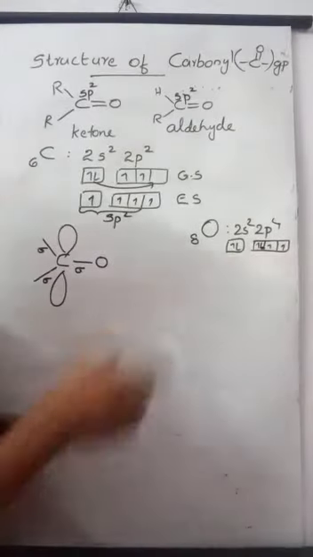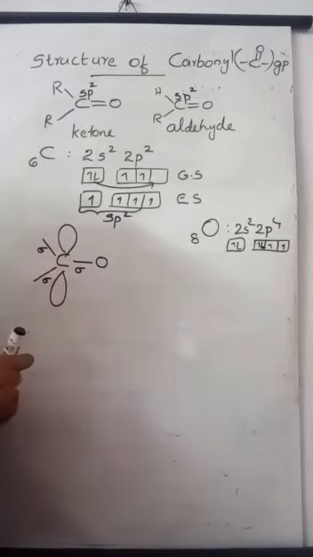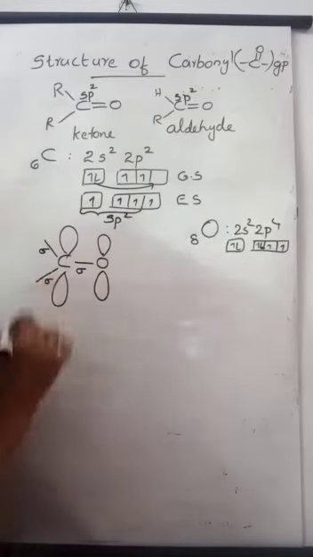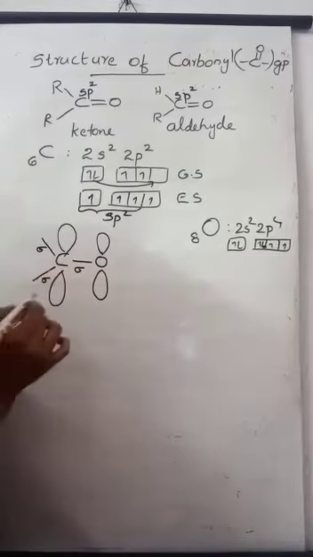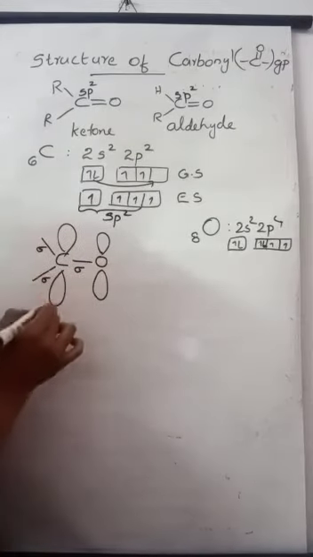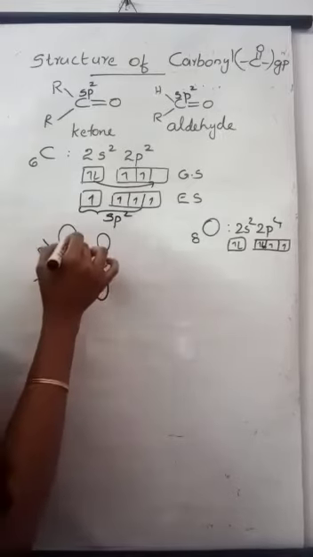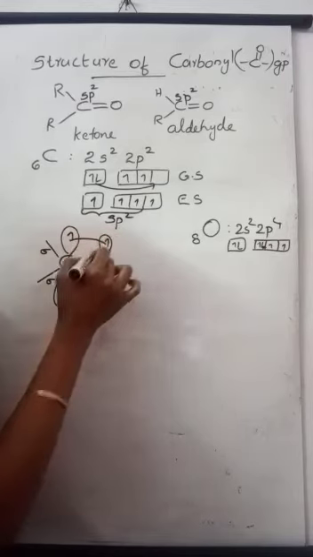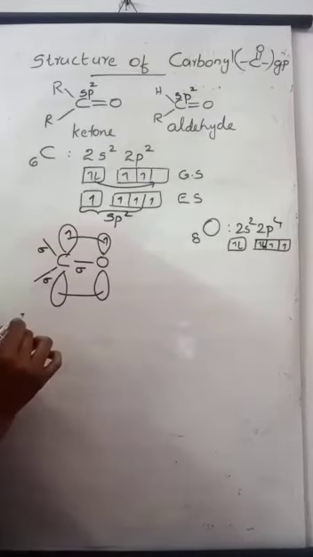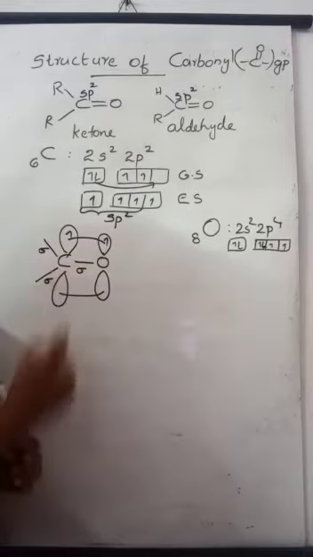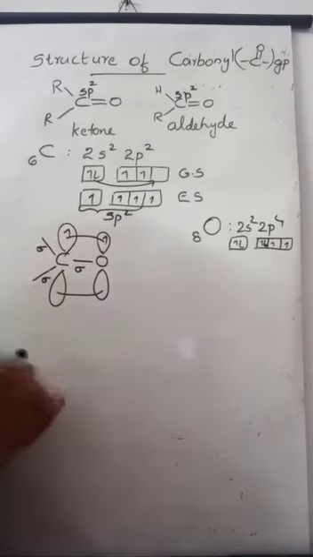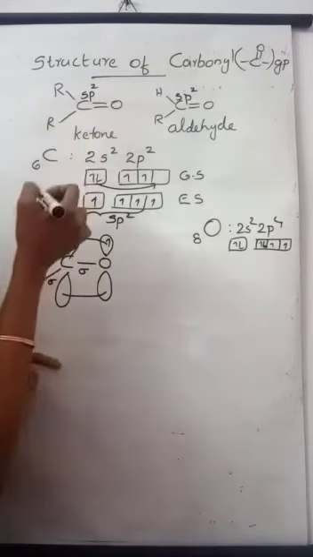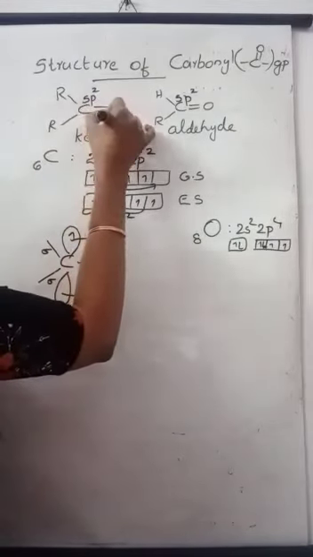One of the half filled p atomic orbital on the oxygen atom lie perpendicular to the sigma plane, and that is parallel to the unhybridized p atomic orbital on carbon atom. So these two will undergo sidewise overlapping or lateral overlapping. These two half filled p atomic orbitals which lie perpendicular to the sigma plane undergo parallel overlapping and form the pi bond. So in carbonyl group, C double bond O, one is sigma bond, the other one is pi